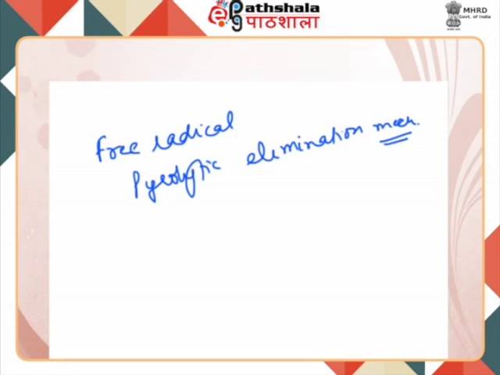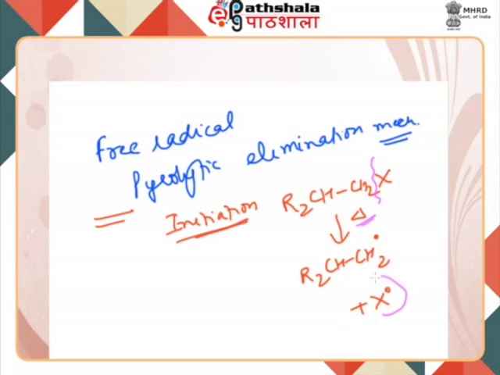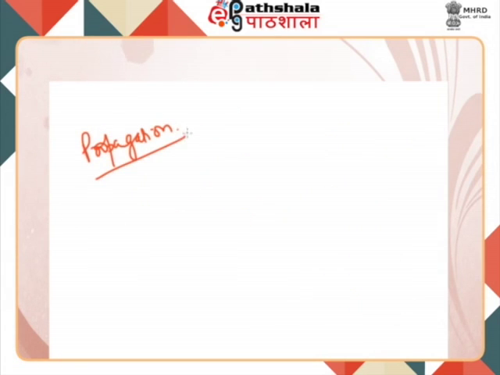This free radical elimination is found in polyhalides and primary monohalides, and here the steps are very similar to the free radical reactions that you are already familiar with. That is, there is a chain initiation step, and here there will be formation of free radicals. For example, if you take R2CH CH2X and heat it, it will give rise to R2CH CH2 dot and X dot. You can see that this cleavage is homolytic, and we are generating the free radicals. And in the chain propagation,